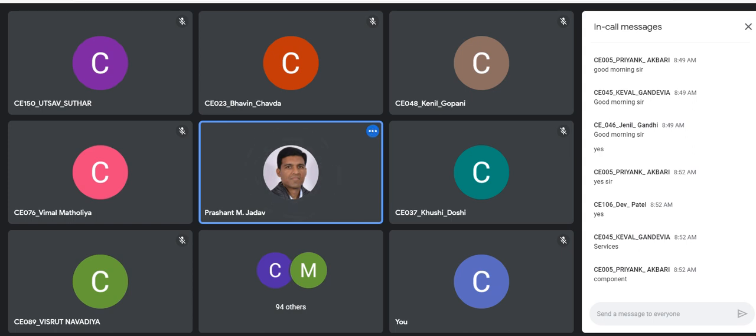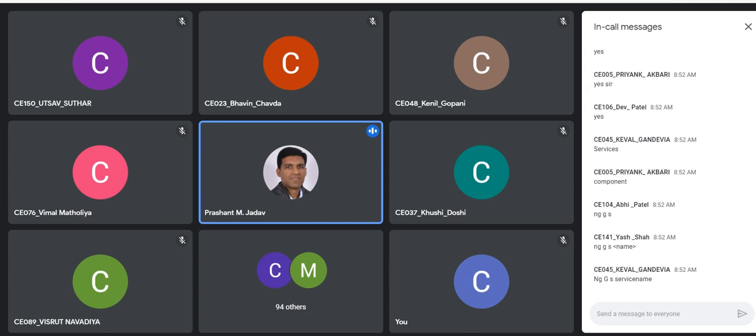Component, right? Correct. It is ng generate service followed by the service name.